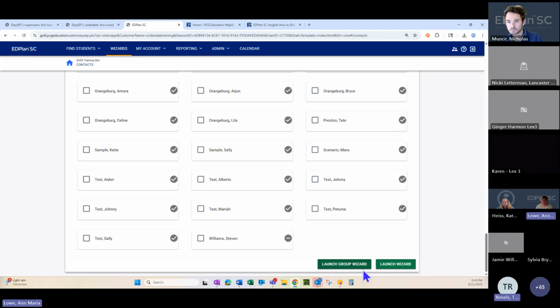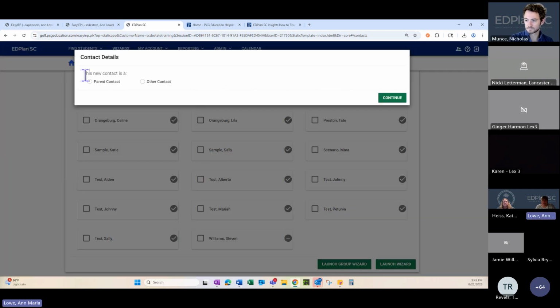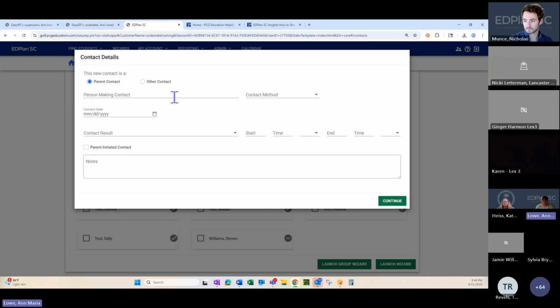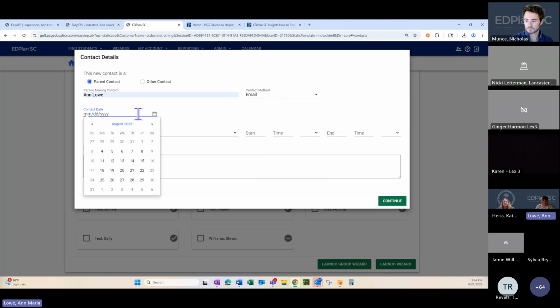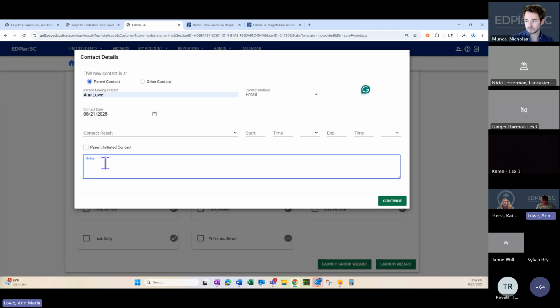If you want your case managers to document in contacts, say when progress reports go home, I can come here to the Launch Group Wizard and add my type of contact, the person making the contact, the method, so I'm sending them all an email, and the date I'm sending this email, let's say the 21st. And then I can say here, sent home progress reports.